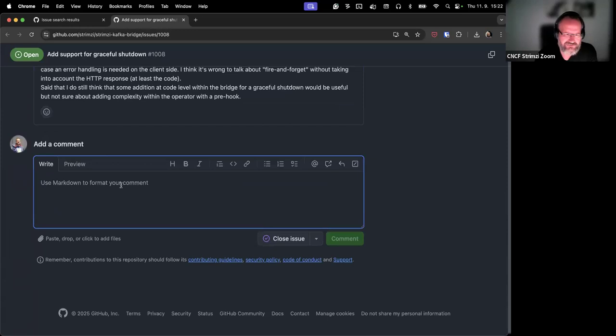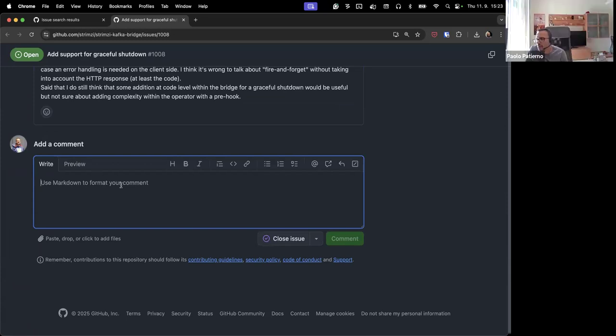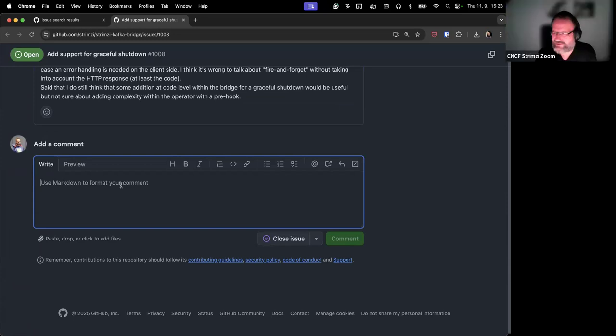Yeah, to be honest, I find this focus on how to switch off the bridge in an absolutely clean way very weird, and disregarding that if the client isn't able to handle these things, then this can happen in a million different situations as well. So should we close it or should we?